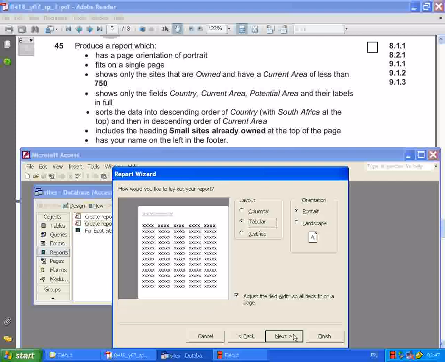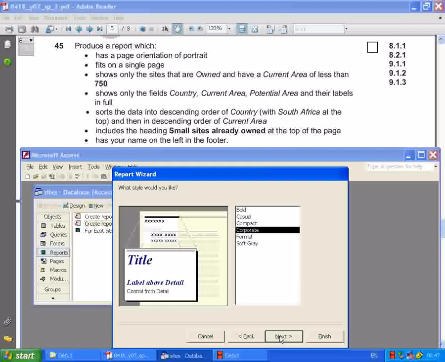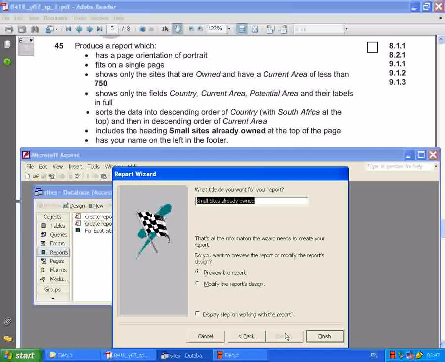So next, and they want it in portrait. It is portrait and fits to one page. Yes, it says here it fits to single page. So adjust the field width so all fields fit on one page. Click next. And here you could change the design. You don't have to, you leave it like that. You go next. And in here we're going to call it small size already owned. That will be the label on the report, and it's already in here. That's the heading of it. So we click finish,